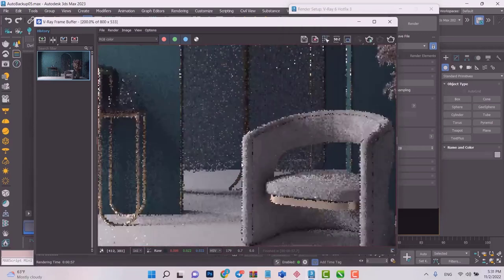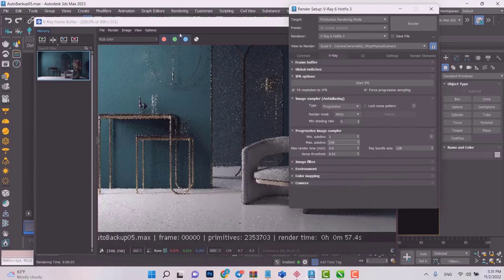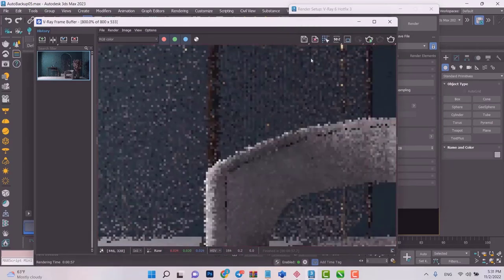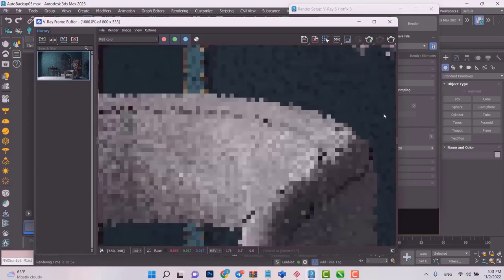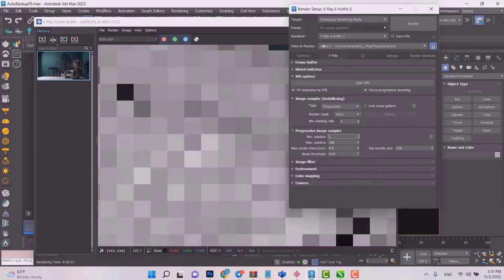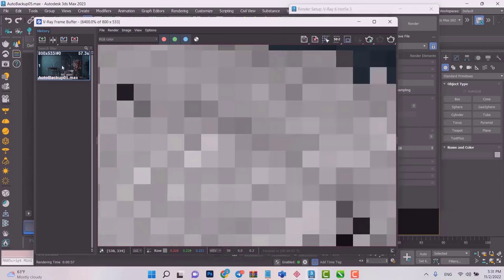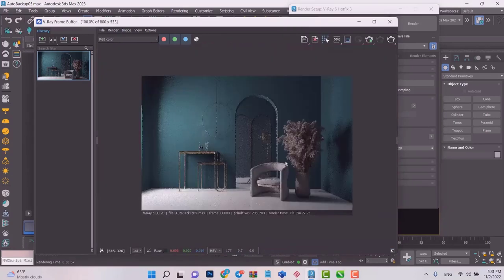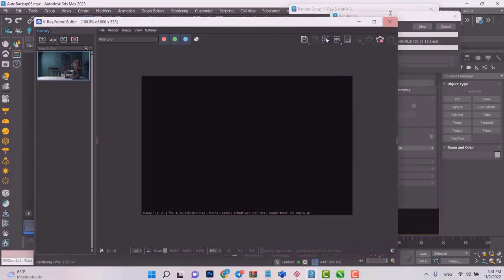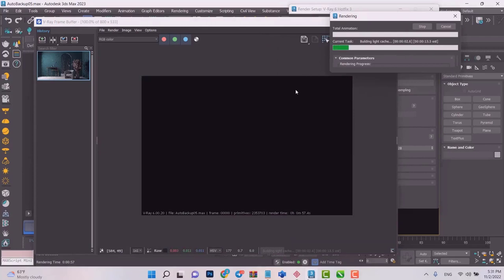But if I put 100 for maximum and take another render, this time it's gonna take noticeably a longer time, but the quality obviously is gonna improve immensely. So let's just take that render together and see how long that takes and check out the quality. Then we're going to compare. So I know it's gonna take a long time, but don't worry, I'm gonna fast forward the video. So let's see how much this one takes. I'm gonna click on render and I'm gonna come back to the render.